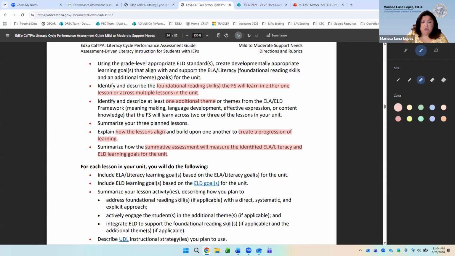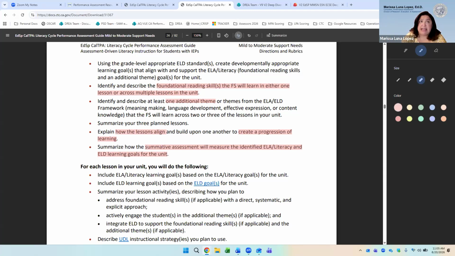But if you're working with an older student who is using fluency as a foundational reading skill, and they are fluently reading material to be able to get to an additional theme of writing some type of summary paragraph, whatever it is,